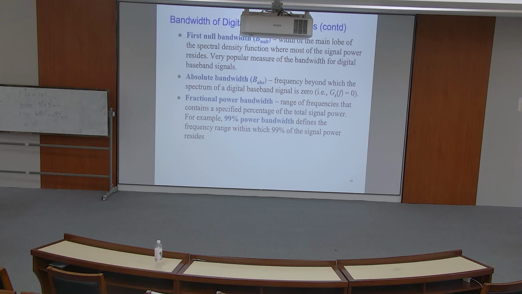Then the first null bandwidth. What is that? First null bandwidth is the width of the main lobe of the spectral density function, where most of the signal power resides. We're talking about the first lobe, the main lobe. It is a very popular measure of the bandwidth for digital baseband